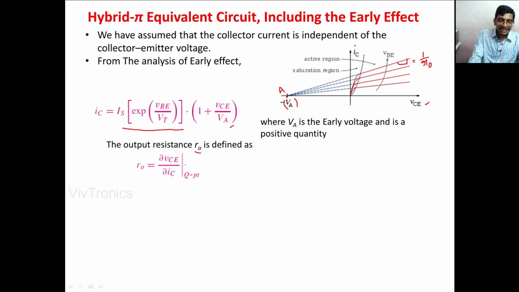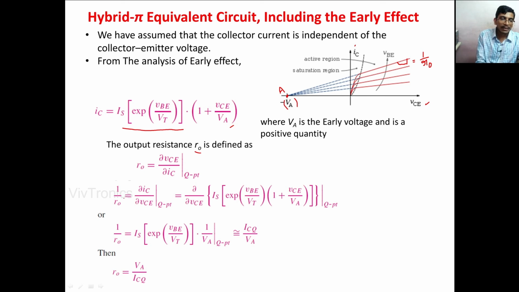Which can be represented as ∂VCE by ∂IC at the Q point. Now we can rearrange this equation: 1 by R naught is equal to the reverse of this, ∂IC by ∂VCE at the Q point. Here we can substitute the collector current equation. If you treat it as equation number 1, we are going to substitute the value from equation number 1 here, ∂ by ∂VCE of Is times exponential of VBE by VT times 1 plus VCE by VA,